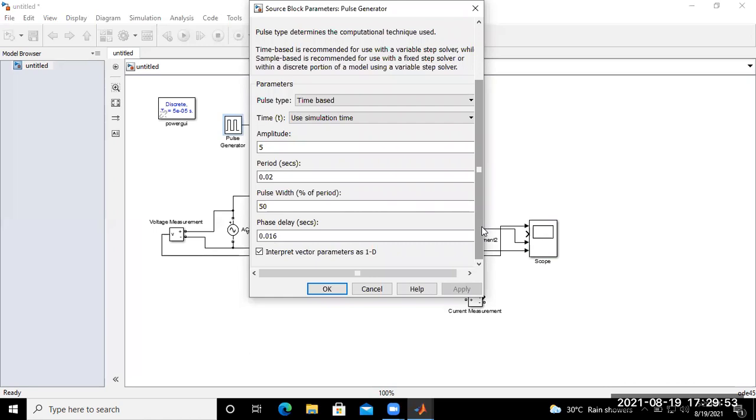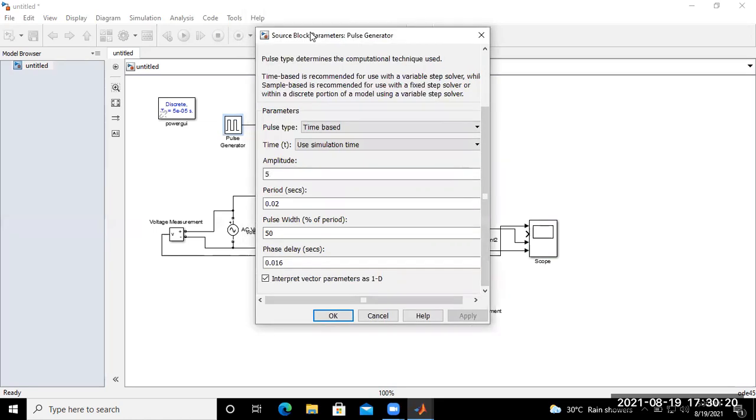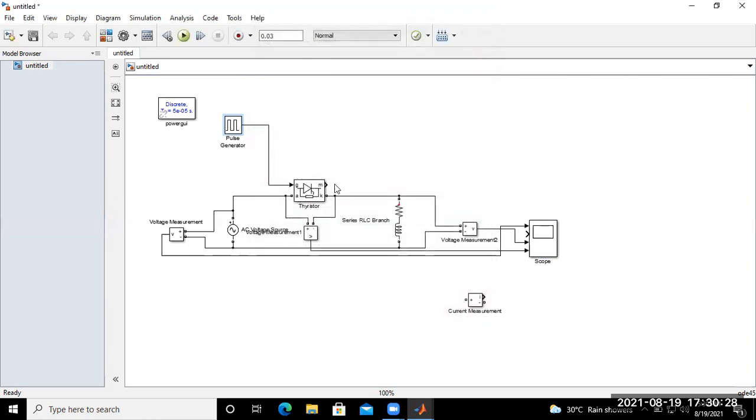In the previous class, we already got the proper waveform for the resistive load of the thyristor. Is it not? But here we do not find the gate pulse waveform in a proper manner. So we just check this phase delay angle value. I think there is some problem in the phase delay. Tell me once the phase delay, I will calculate.